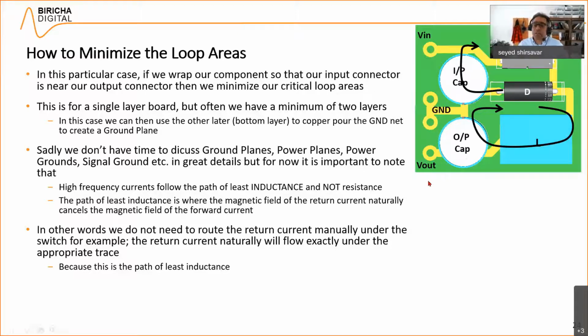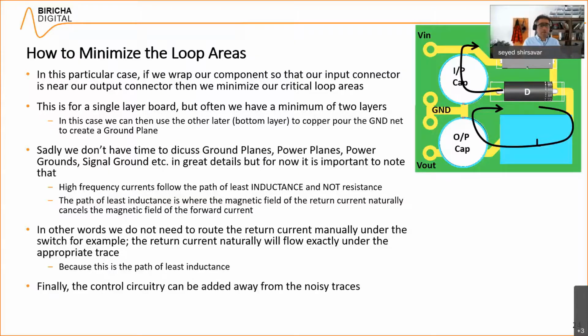If you put a cut in the ground plane somewhere where the current is DC, then it's not too big a deal. If you put a cut in the ground plane somewhere that you have massive switching current, then it is a big deal. So again, you can be selective, but unfortunately, we don't have time to talk about that anymore. Okay, finally, the control circuitry can be added away from the noisy traces. You're going to have to shift and move your components in such a way that you can put the control traces away from